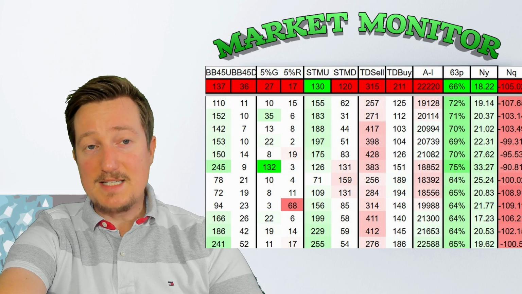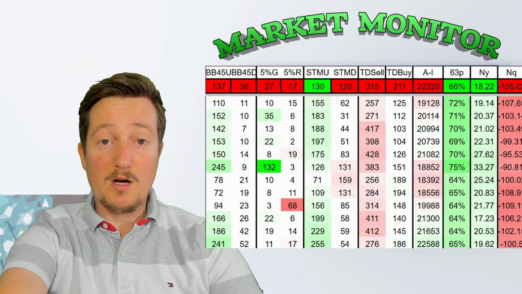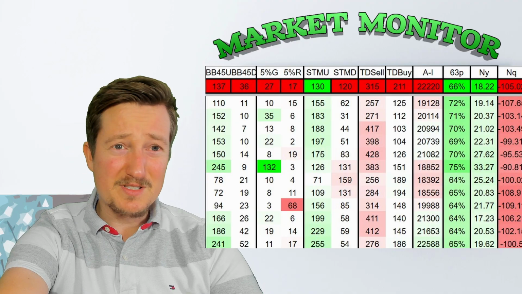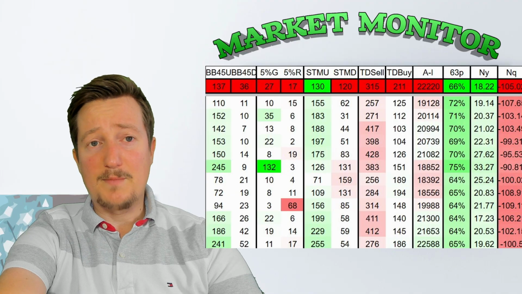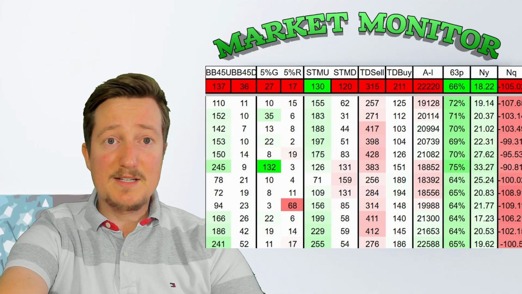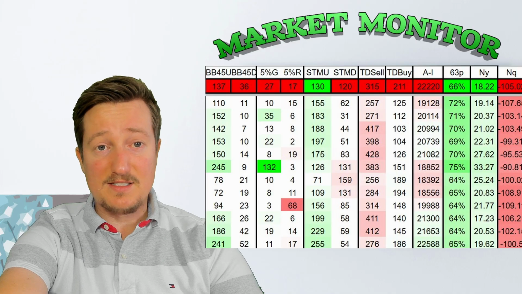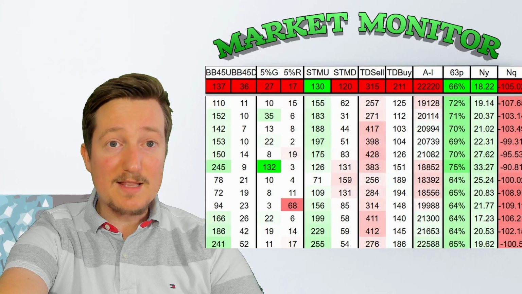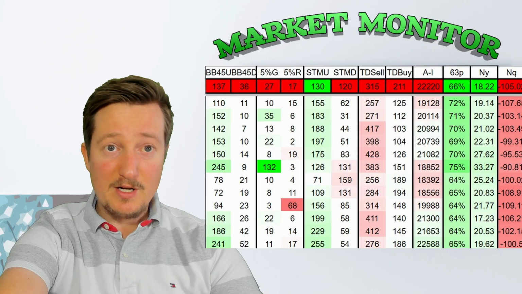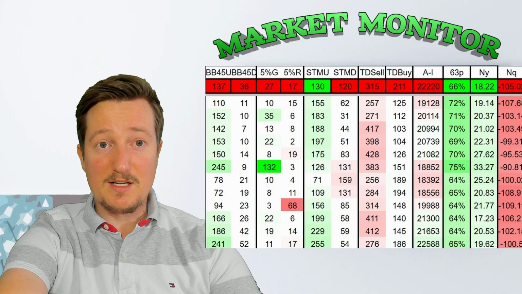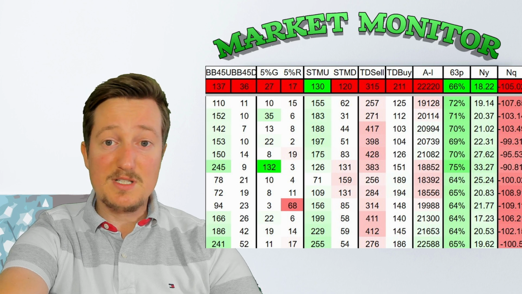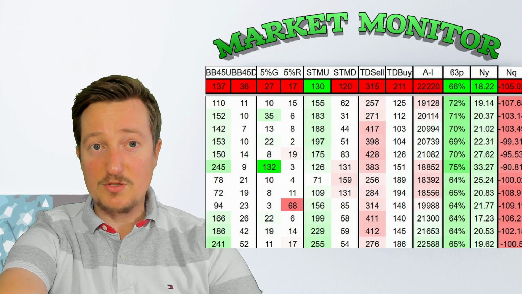And then TD sell and TD buy are really good overbought and oversold indicators. We've been kind of overbought, as you can see here from the TD sell. And no oversold indicators on the TD buy. And this AI is the anxiety index, and we are sub 20,000, which is very bearish longer term to intermediate term, because obviously there's a lot of complacency in the market, not much anxiety. So it's intermediate to long-term bearish.